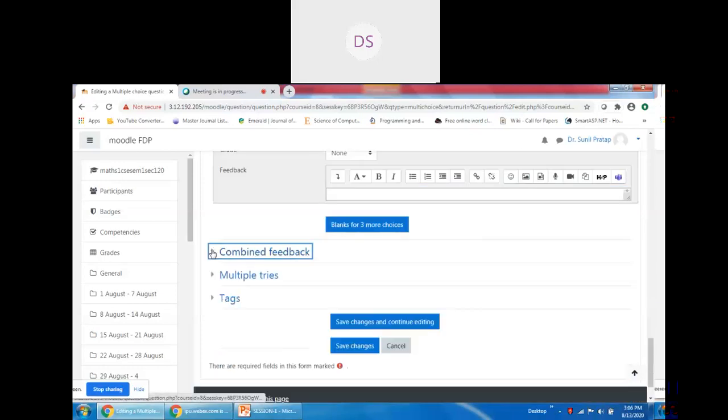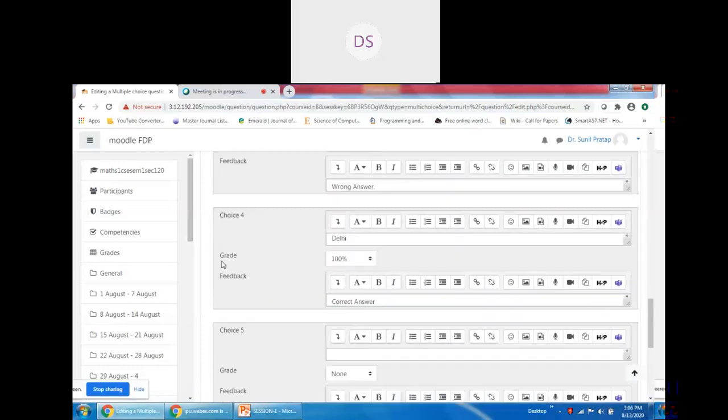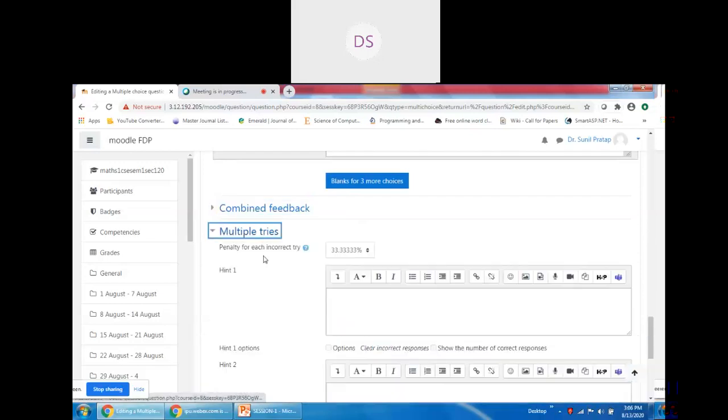So this was the combined feedback option, and then multiple tries. You may allow the student to try multiple times. Suppose the first time he obtained 5 marks out of 10, and in a second attempt on the same quiz, if you allow multiple tries, the marks will be deducted.